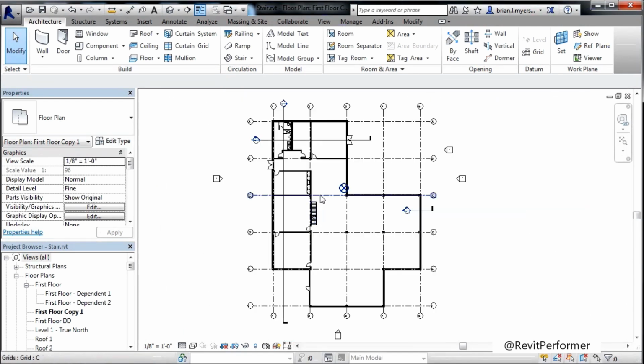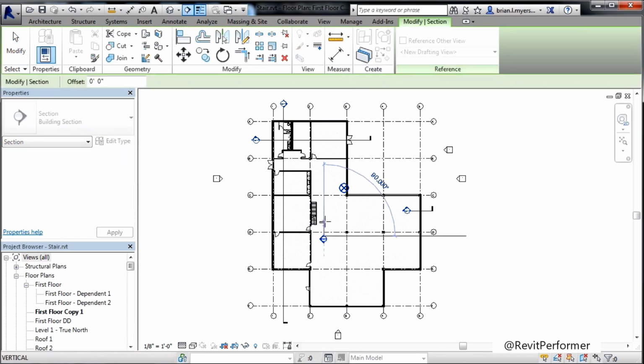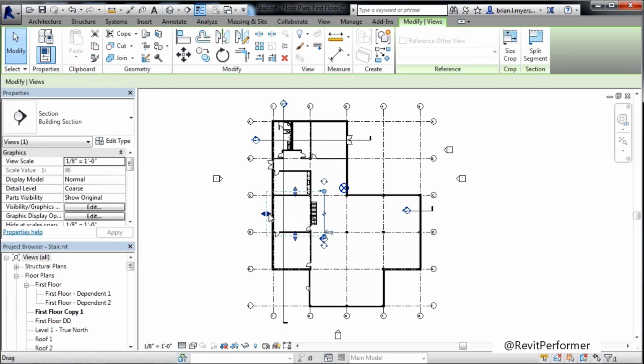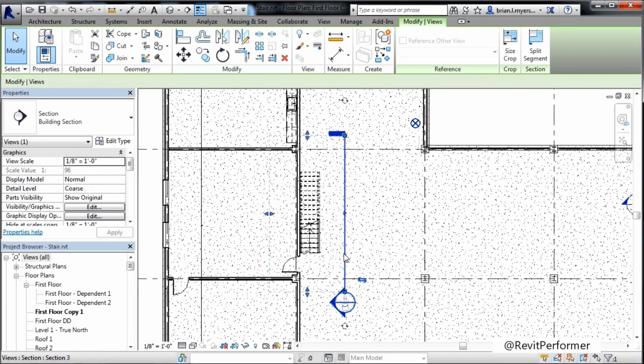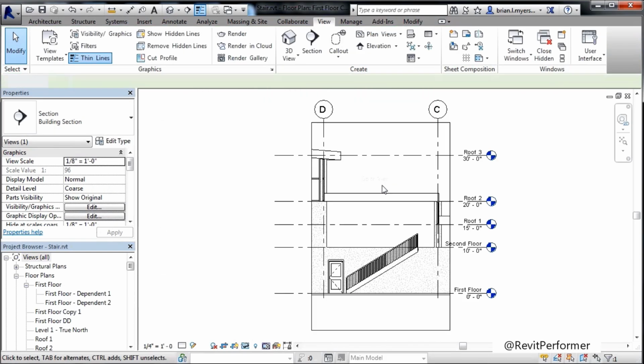Now the next thing I'd like to do is put in a section mark from here down to take a look at the way that our staircase looks inside of this view. So we need to go to the View tab on the ribbon and then select on Section. I'm just going to click in this location and then draw a section to this point. Where we have these double arrows, I'm going to pull them back to right about here. Right click when the section symbol is highlighted and then select on Go to View to take us to that